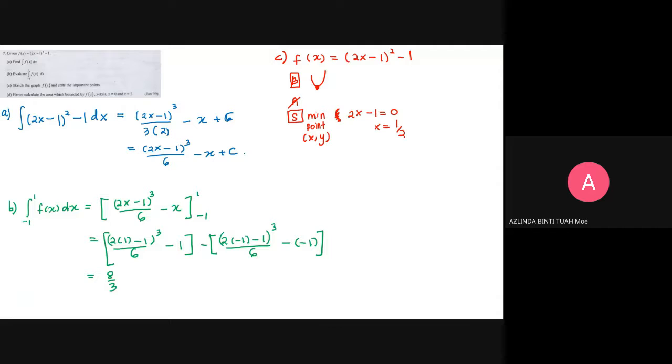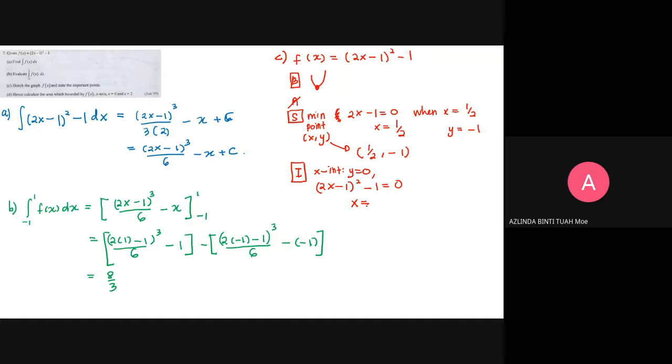So when x equals to 1 over 2, substitute into the function, y is equal to, this one will be 0, squared minus 1 is negative 1. Therefore, the minimum point is 1 over 2, negative 1. Okay, I is for x and y intercept. We find the x-intercept first when y equals to 0. When y equals to 0, the 2x minus 1 squared minus 1 is equal to 0. So x is equal to,